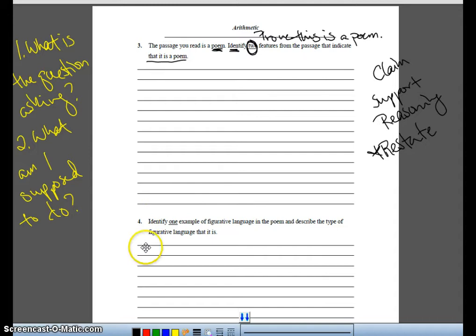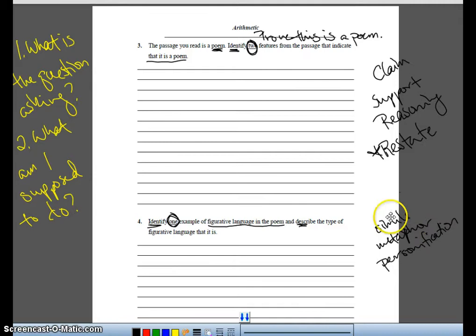Okay, number 4 asks us to identify only one example of figurative language in the poem. So I'm being asked to identify figurative language in the poem, and then it's telling me to describe the type of figurative language that it is. Okay? As soon as I see things like figurative language, I want things to be going off in my head. So when you think of figurative language, it should be sparking to mind things like a simile, a metaphor, personification,